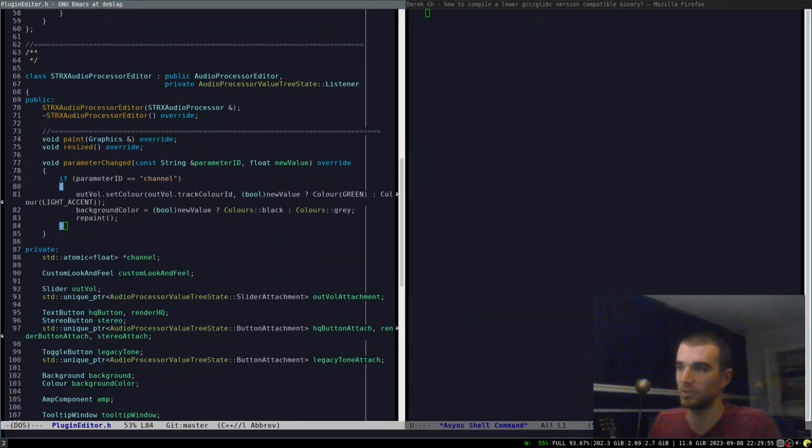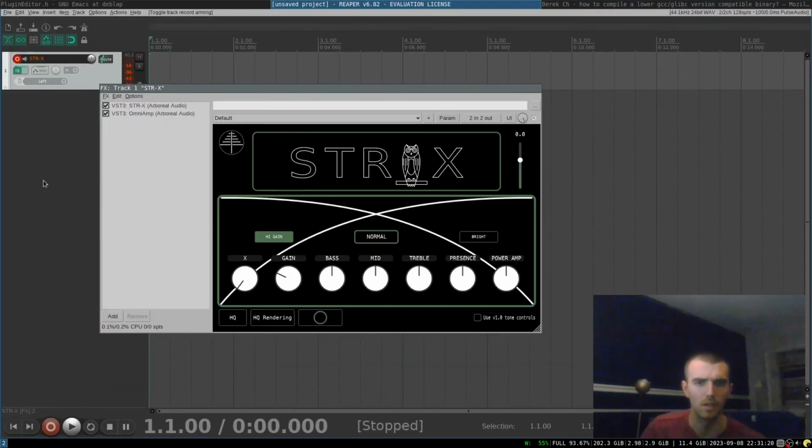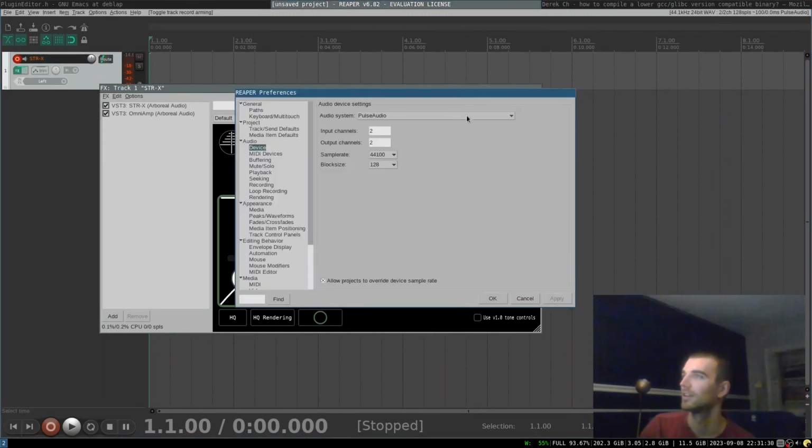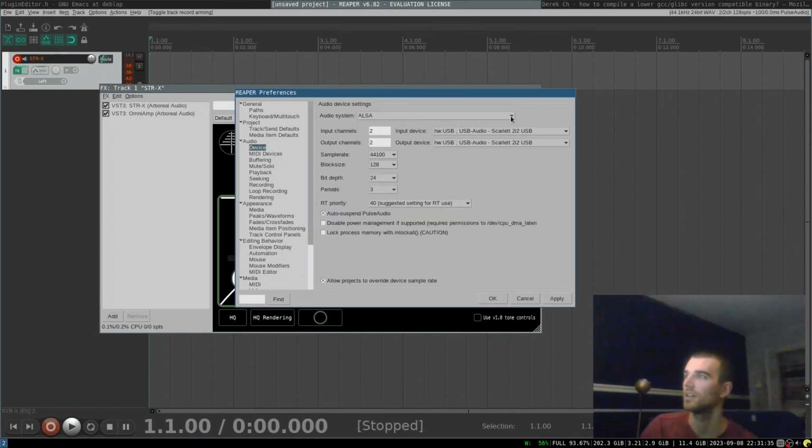It's been a while since I've used the STR-X. Oh. There's so much latency. That's because I'm using the terrible, awful, no good PulseAudio.